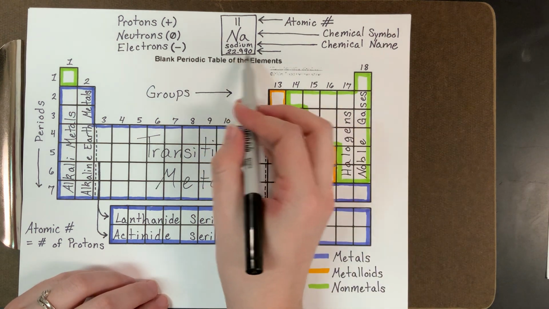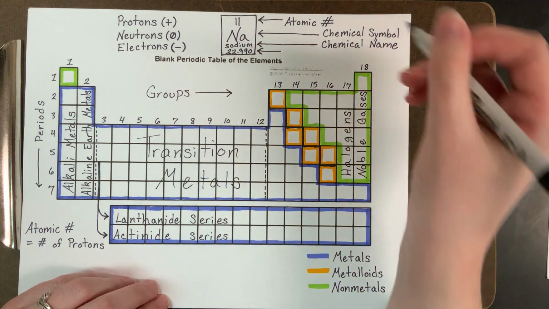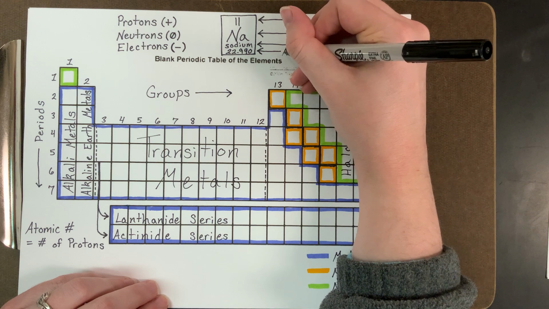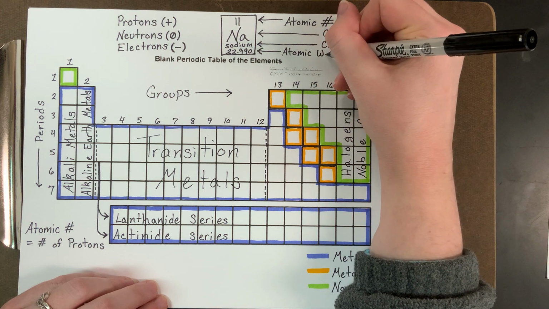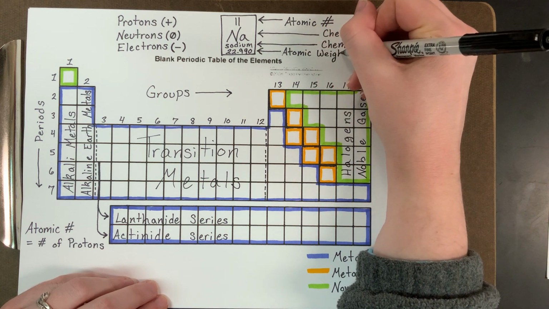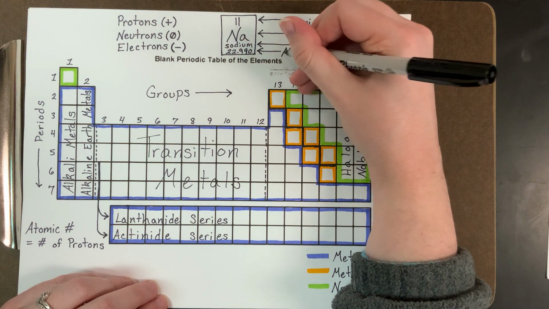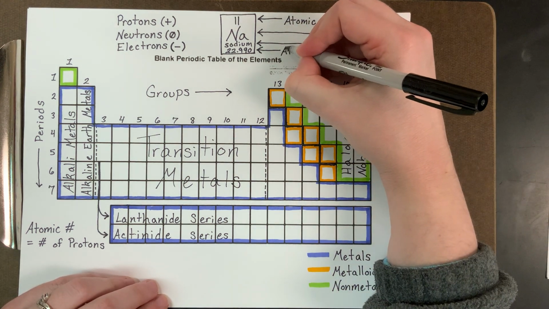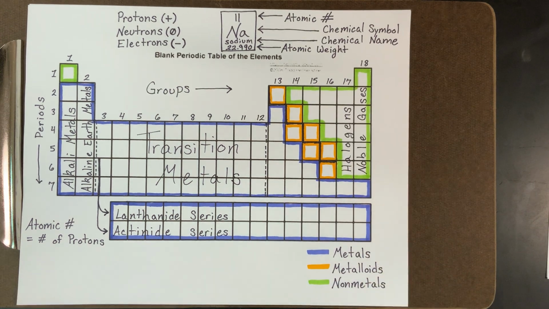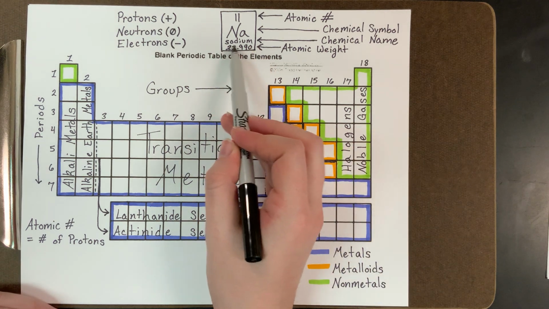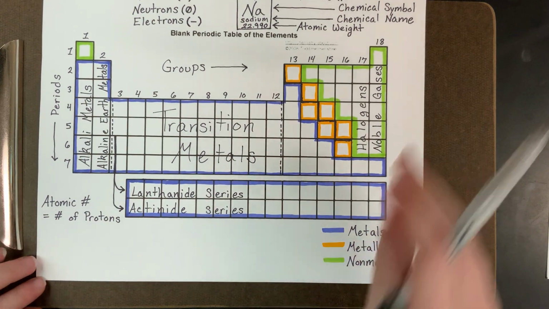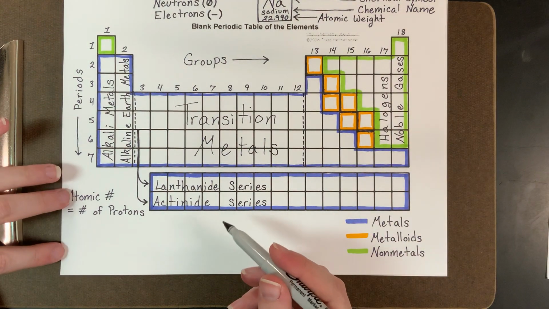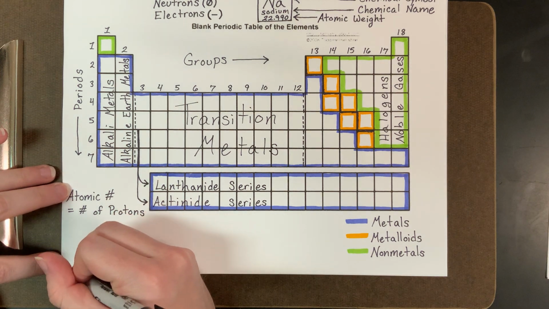The number at the bottom, I got ahead of myself. So the number at the bottom of a box is the atomic weight. Please keep in mind that the atomic weight is different than the atomic mass or the mass number. The atomic weight is going to be the number that you get directly from the periodic table. The mass number is something that you will need to calculate, and it's mainly used to calculate neutrons,